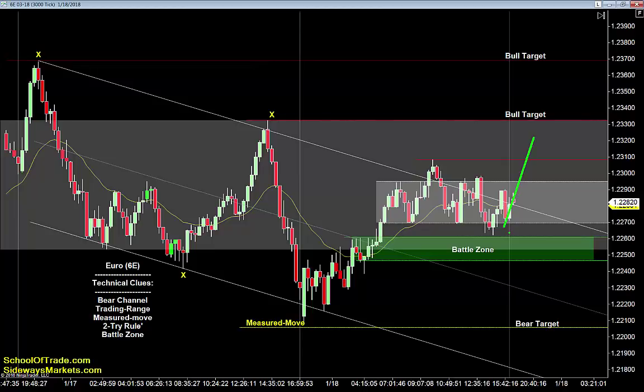It'll take some strength. Remember, you don't want to buy here now. Don't chase that move higher because you got that bull target right there. Don't chase it. Wait for it. Get the moving average up, and then look for that buy off of that level of what was resistance. That's the ideal scenario if price goes higher. Now, once we get back up to the high of that range, we got to be careful again. One try, two try, back down in. Again, use a smaller